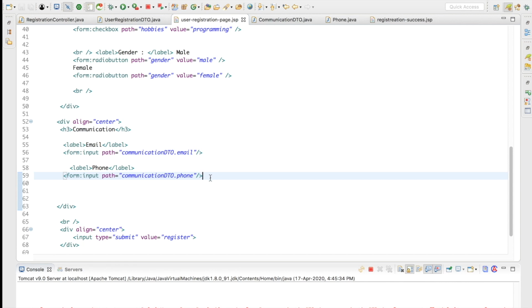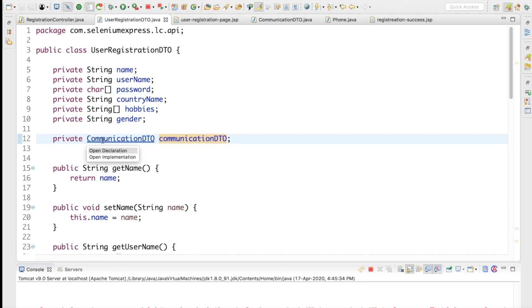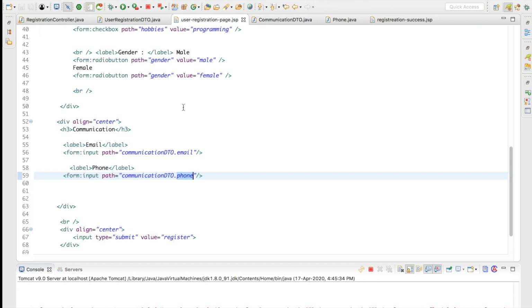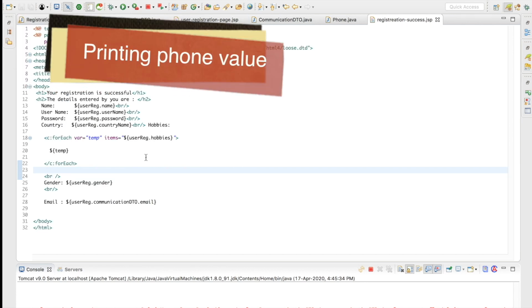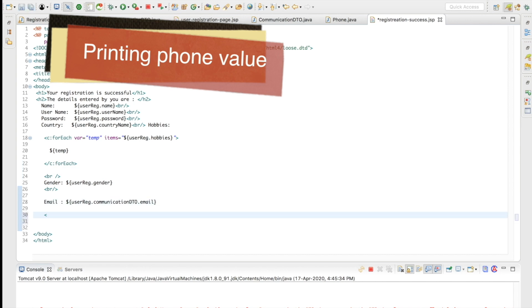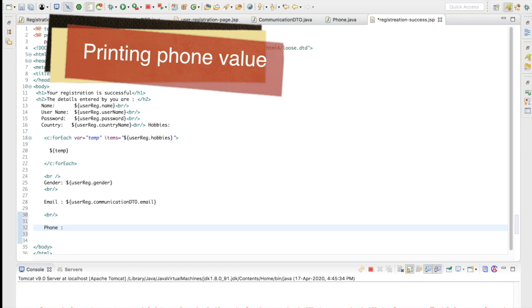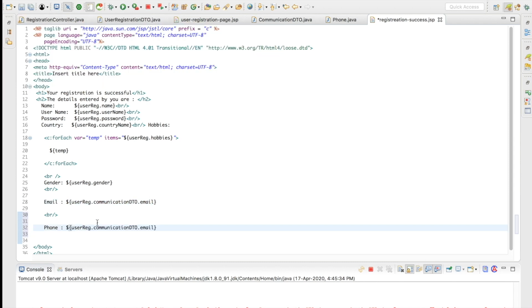So the data is going to be binded with the phone property, and if you see here, the phone is a class, so I want to bind the data with the phone object, not to a particular string. So right now if I do something like this, communicationDTO.phone, and do the same thing in the registration success page, let me give another break right here, and let me say phone, and let me copy this and paste it right here, and let me say